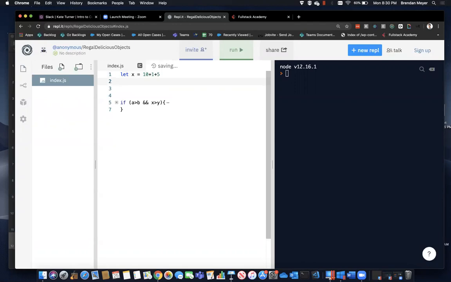And then maybe I do the same thing with Y. In this case, I'll just say 1, let Y. And then I do the same thing with A. Maybe that ends up being 4, and let B is equal to 2, right? So somewhere up above in my code, I've calculated all of these out, and I want to make multiple checks, where I say, I need both A to be greater than B and X to be greater than Y in order to run this specific